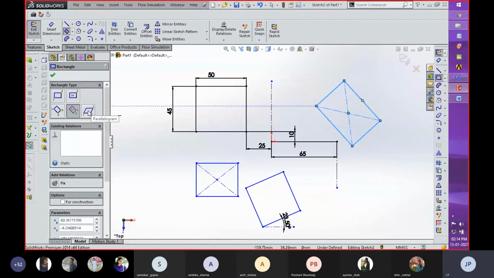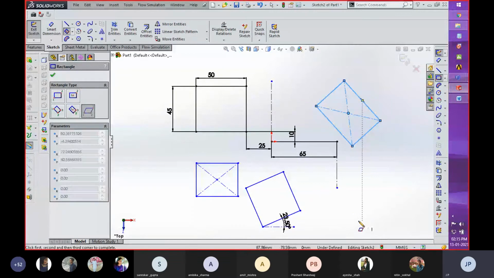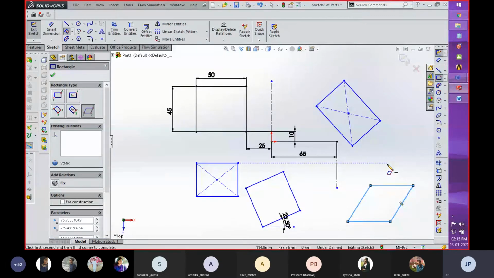And if you want to create any parallelogram type of rectangle, then this is the last method with the help of which you have to first give the start point, the length of that, and the inclination at any side you want to create it. With the help of dragging your mouse, you can follow the steps for creating this parallelogram type of rectangle. So these are the 5 types of rectangle that we can create with the help of this sketch toolbar.